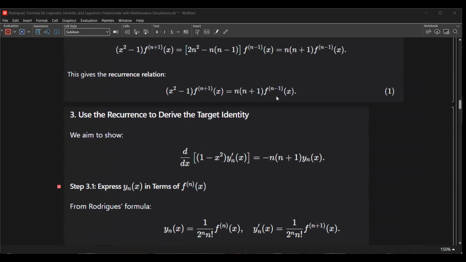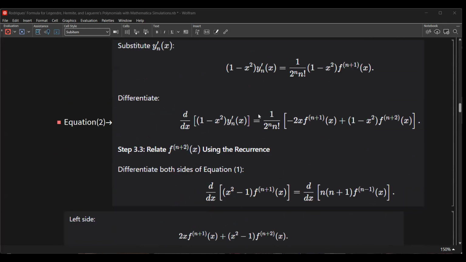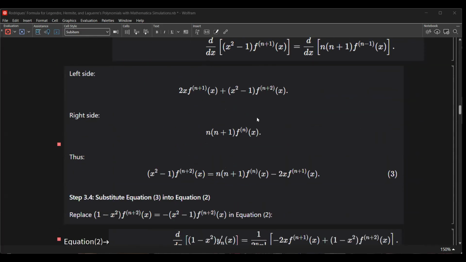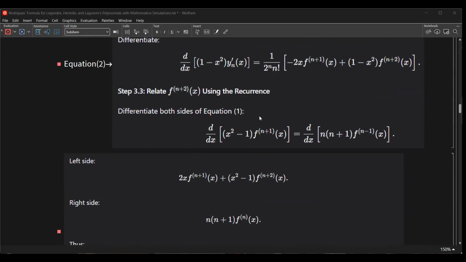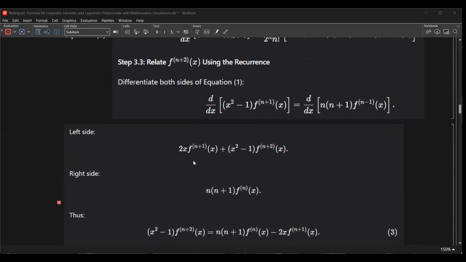So the derivative of both sides is given by this. The left side here is 2x times the (n+1)-th derivative plus (x squared minus 1) times the next derivative, which is the (n+2)-th derivative of f(x). And the right side here is